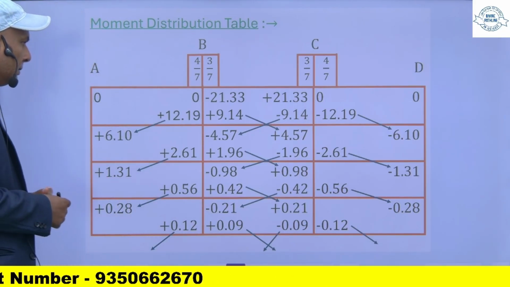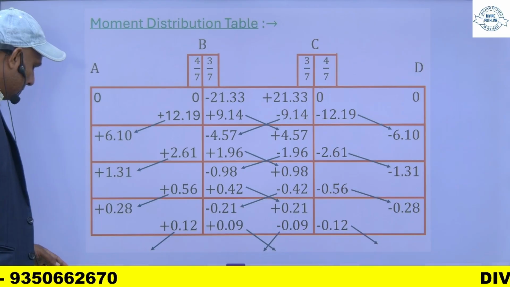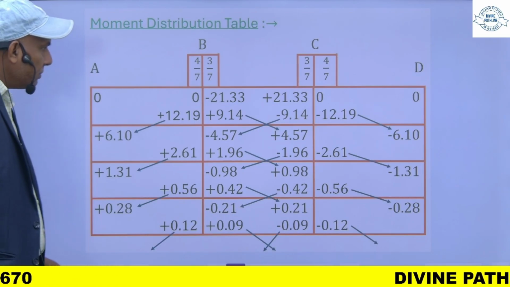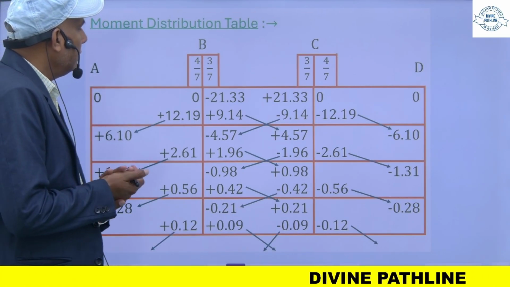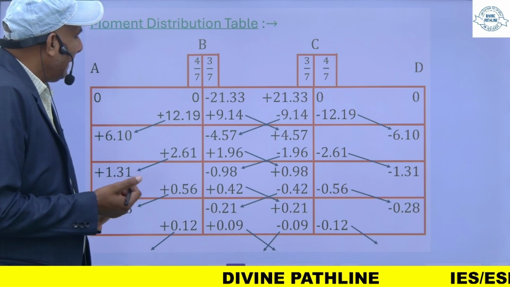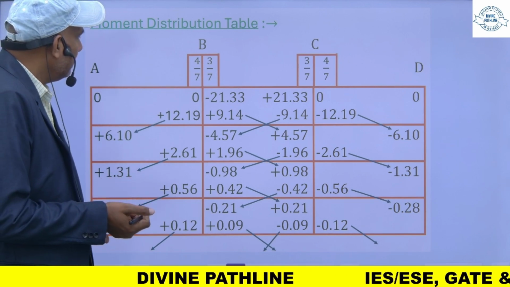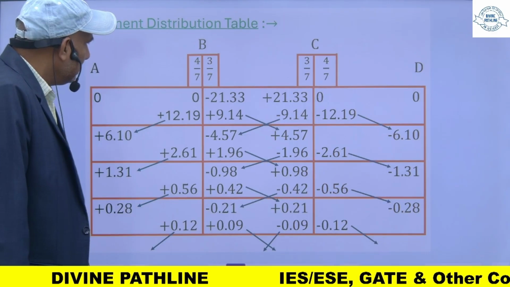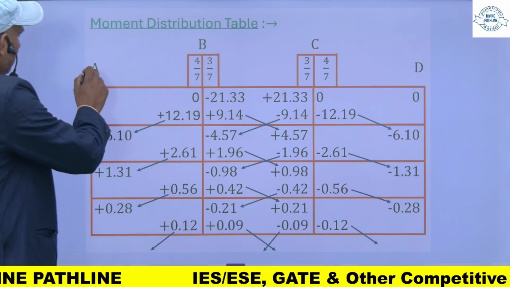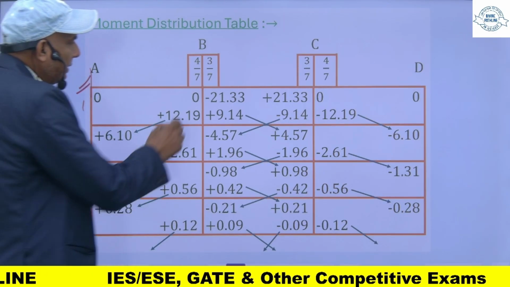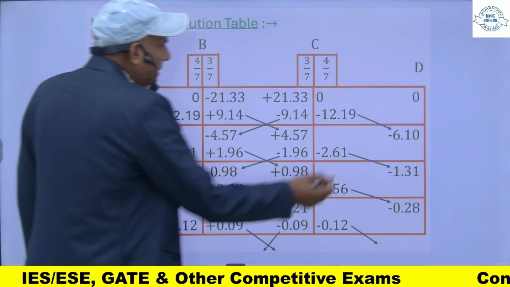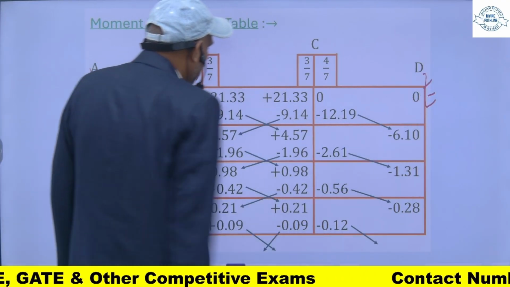अब मुझे इसका मोमेंट डिस्ट्रीब्यूशन टेबल, दिस इज माय मोमेंट डिस्ट्रीब्यूशन टेबल। तो दिस एंड इज फिक्स्ड, ये मेरा बी ज्वाइंट होगा, ये सी और ये डी ज्वाइंट होगा।